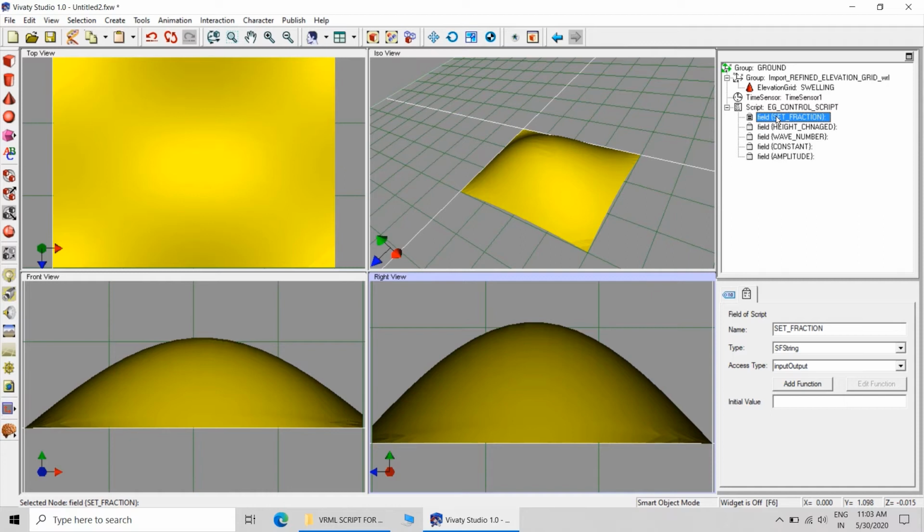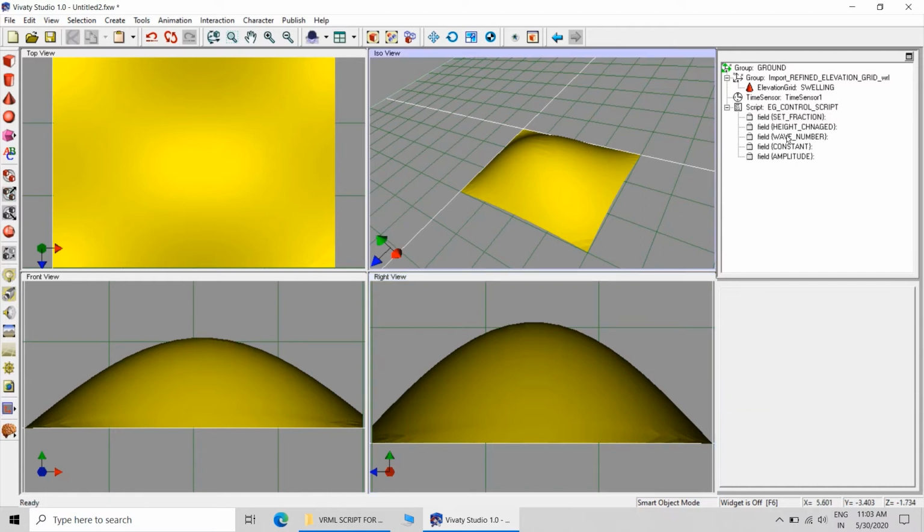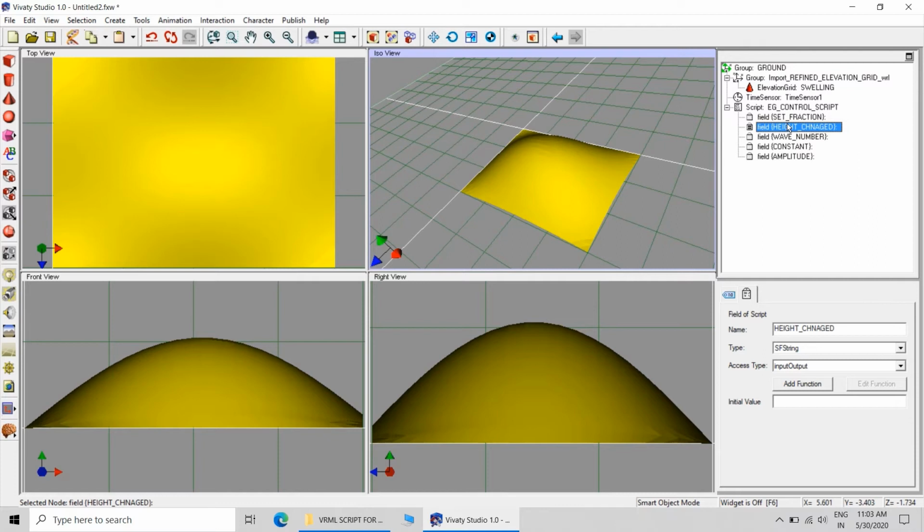Now in set fraction, that is the first field, you have to change it to SF float, input only. In height changed, MF float, output only.